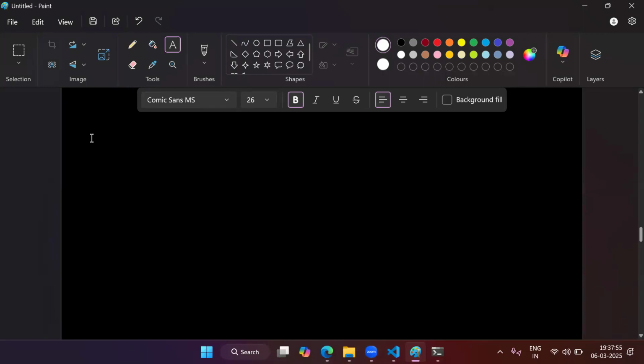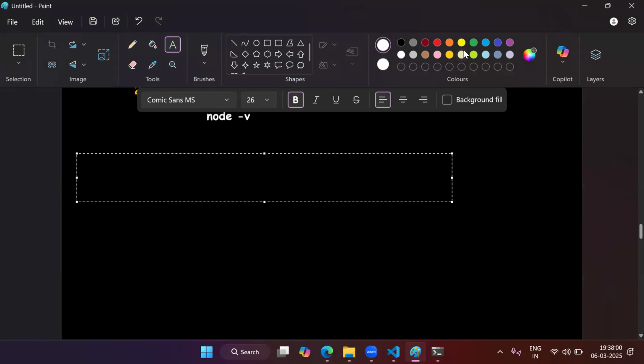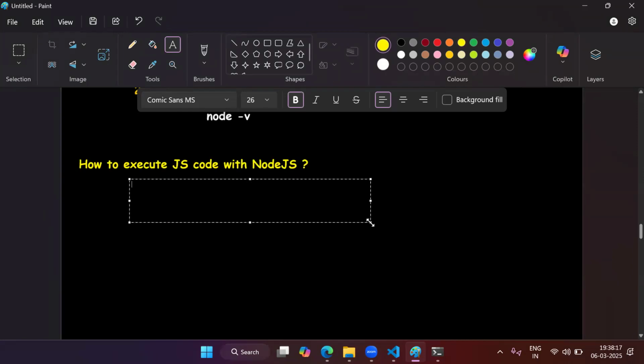Okay, guys. Now we know how to install Node.js. Now let's learn how to execute JavaScript code with Node.js. How to execute JavaScript code with Node.js. So to execute JavaScript with Node.js,